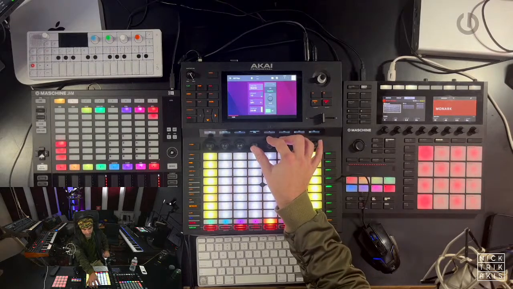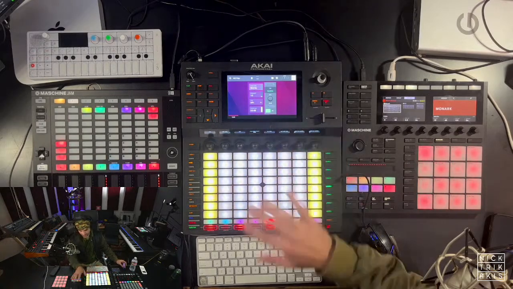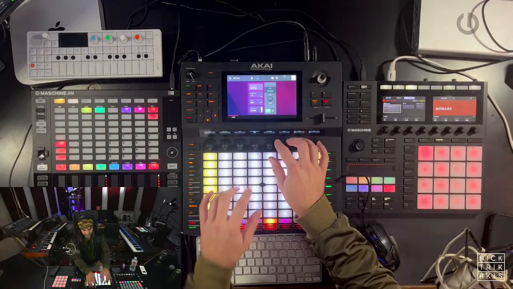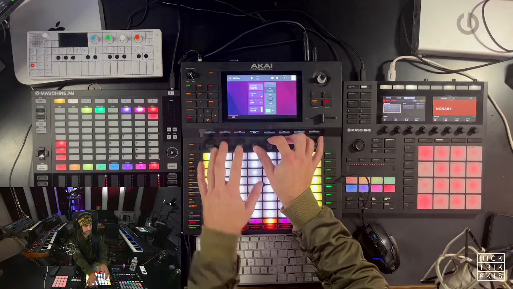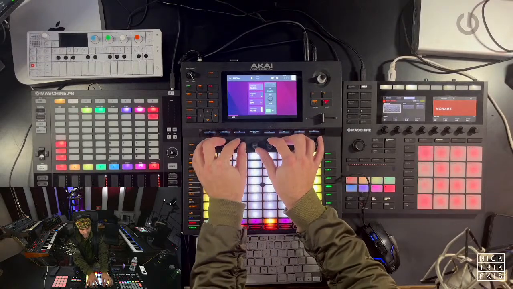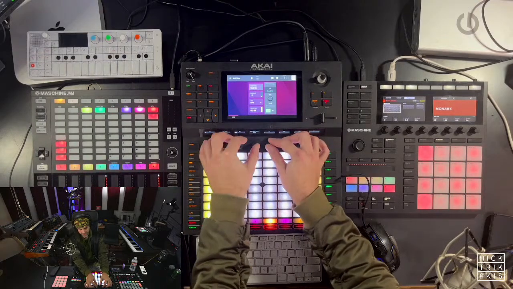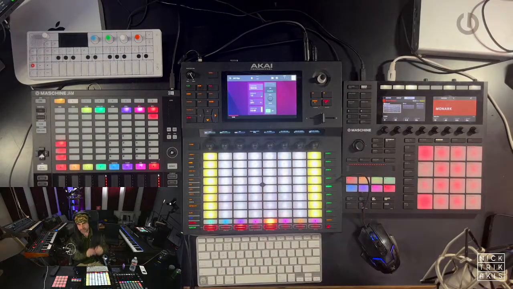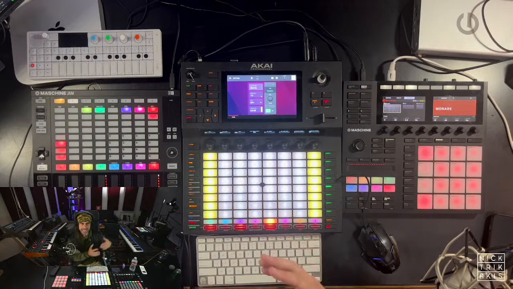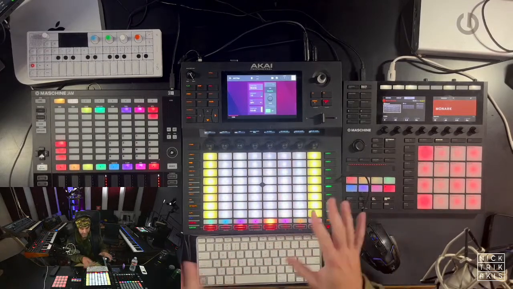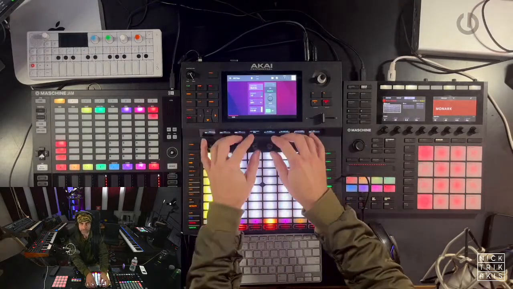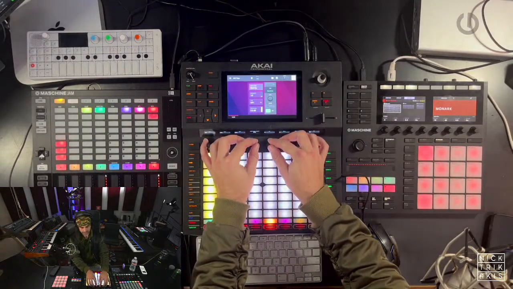control other parameters. So I have this live setup, and a lot of times I will be controlling 5 different parameters with 5 fingers. And they all kind of flow together. Each finger is equal. I've put just as much time into mastering each finger, so I can control multiple parameters at once. There's only 8 knobs here,